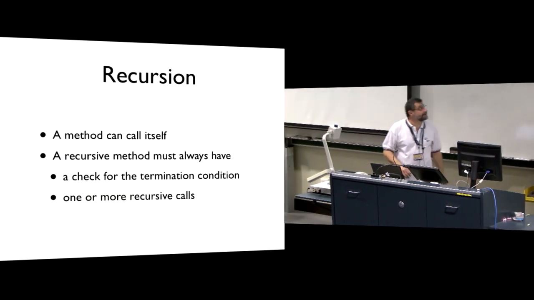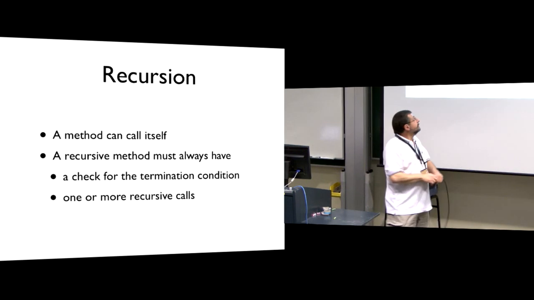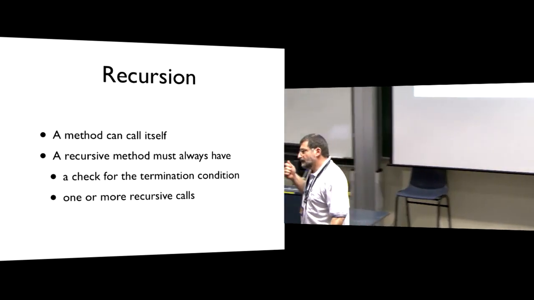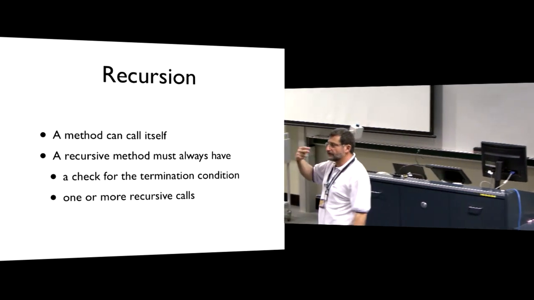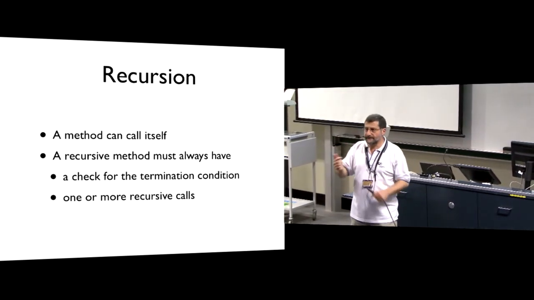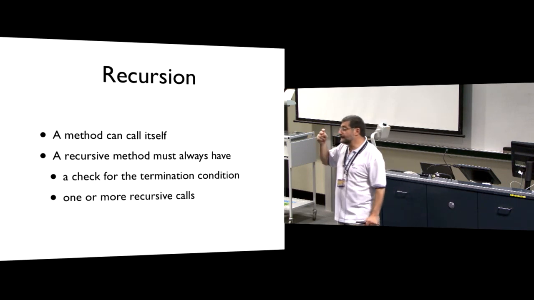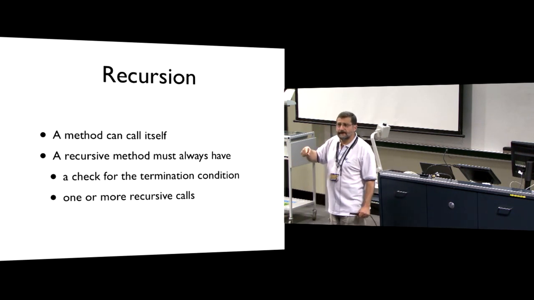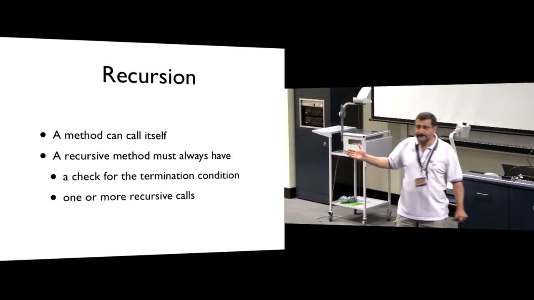All right, so the important thing about a recursive program is that you must have these two elements in there. In the second part we say one or more recursive calls. So in the case of the binary search, we've got two recursive calls. It can call itself either to search the lower half or the upper half of the array. That's okay, but if you don't have a way of terminating this recursion, then what will happen? It'll keep calling itself forever, and eventually you'll get an error called stack overflow,